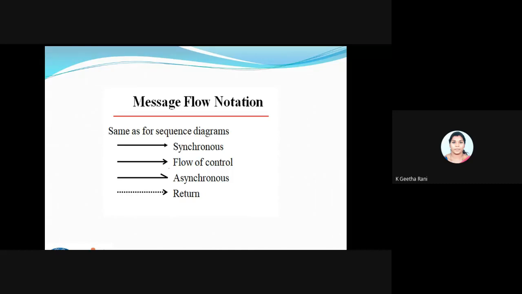Next we'll go for the message flow. I will have a quick recap of our sequence diagram message passing also. In a sequence diagram we'll be having a synchronized message. Do you know what a synchronized message is? It is nothing but a sender waiting for a receiver to complete its process, and only then will the sender pass a message. That type of message is called a synchronized message. In a sequence diagram, how do you represent it? I'll be representing it with a line with a bold, filled arrow like this. Here also the same one.